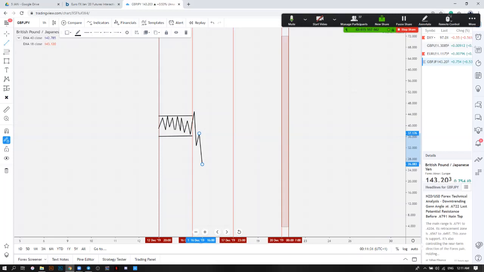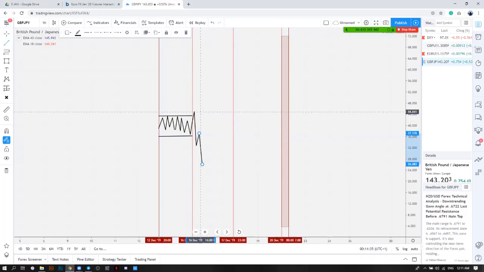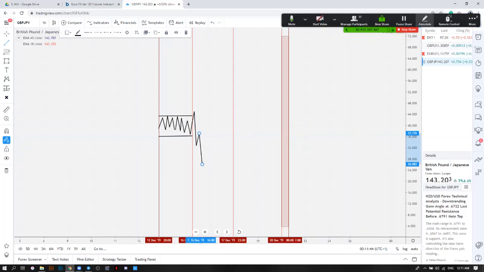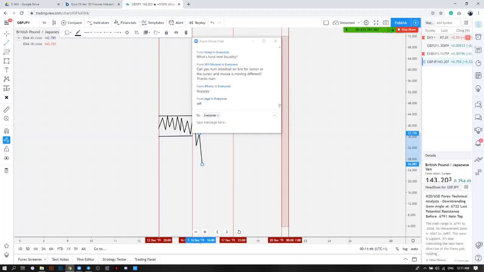Be honest with yourself. Write it on the chat box. Once you see the market around London session going down like this heavily, what are you going to do? What comes to your mind? Are you going to buy or sell? No, yeah, Bailey, I know obviously you're going to buy. Everyone is going to sell. Okay, sell, iPhone, buy. Yeah, because you know already, that's why. Talking about people who do not know all this.